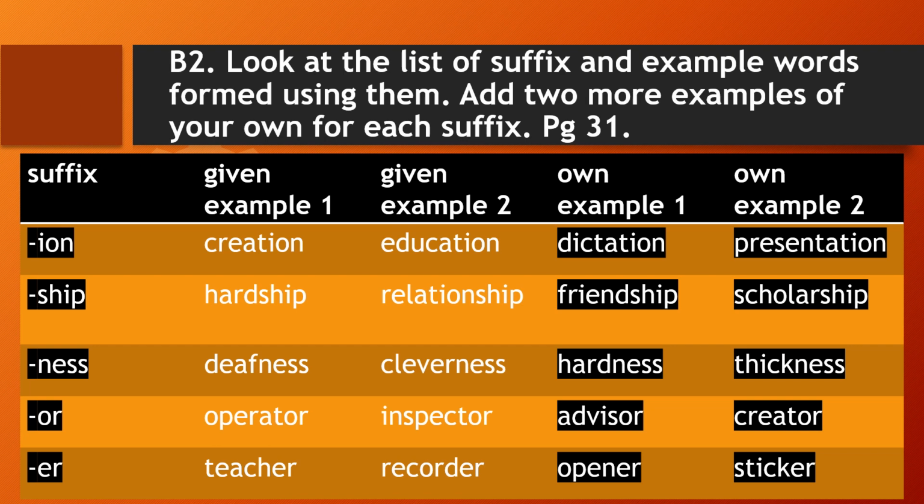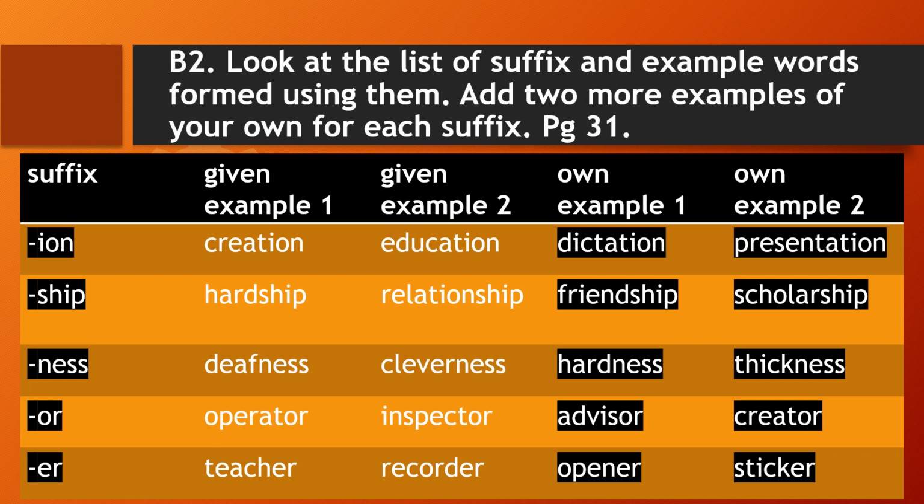The second suffix given is ship, and the examples given are hardship and relationship. Now we can add on our own friendship and scholarship. The next one given to us is ness,